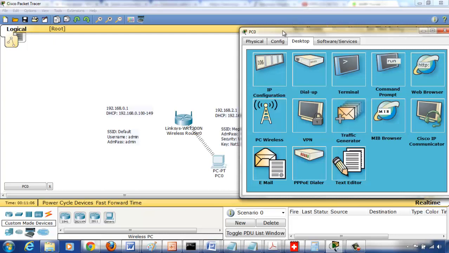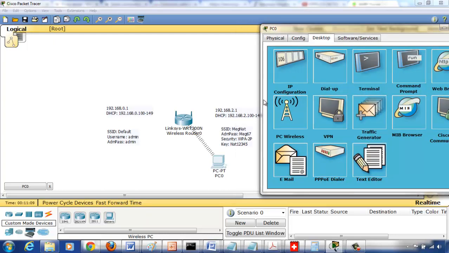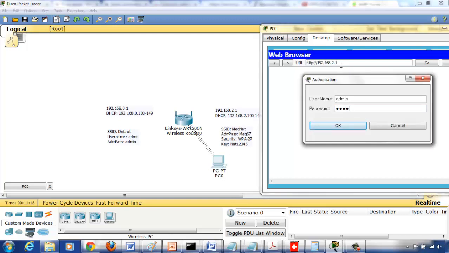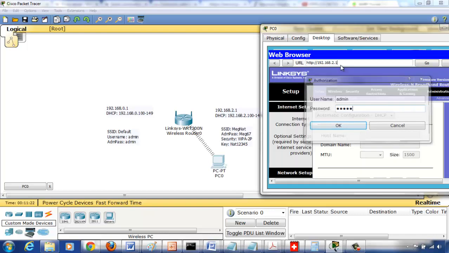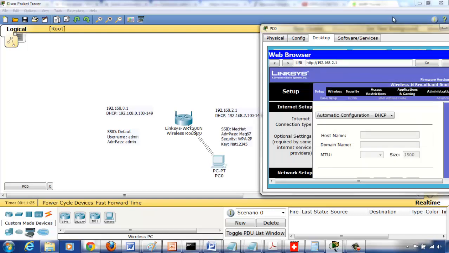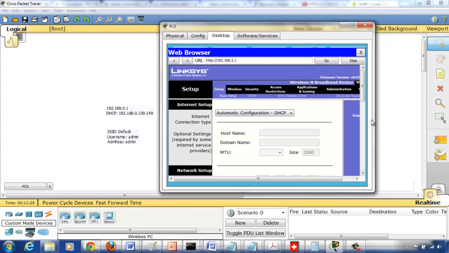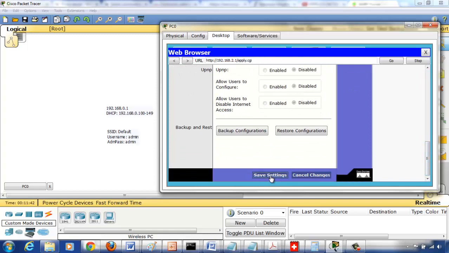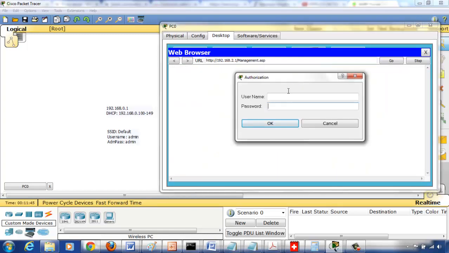Alright, so now we want to next set the security settings. So let's go back. So still we have not changed the admin password. So for that, let me go to administration, and this is admin right now, so I'm going to change it to MEG67, and let's see if I save the settings. You can log in again with the new password,